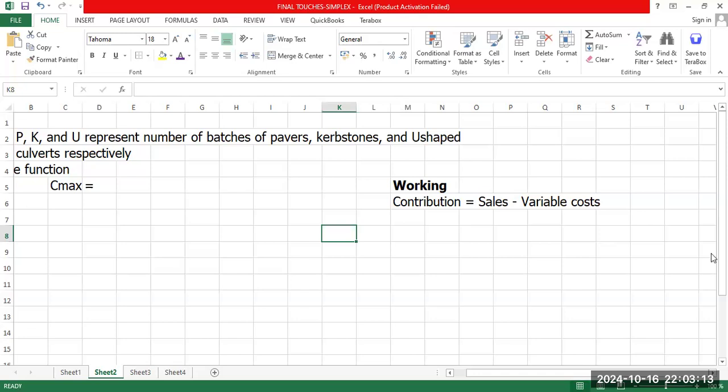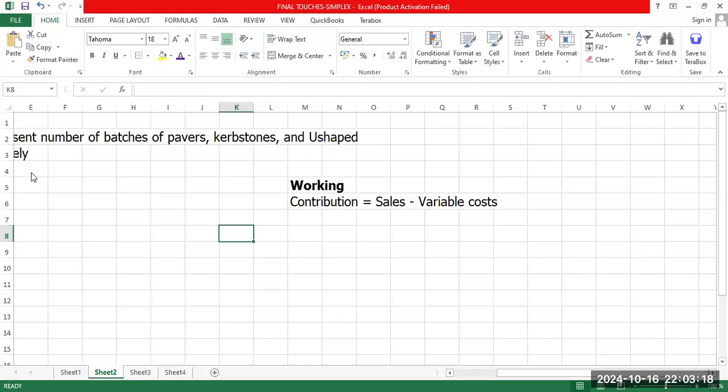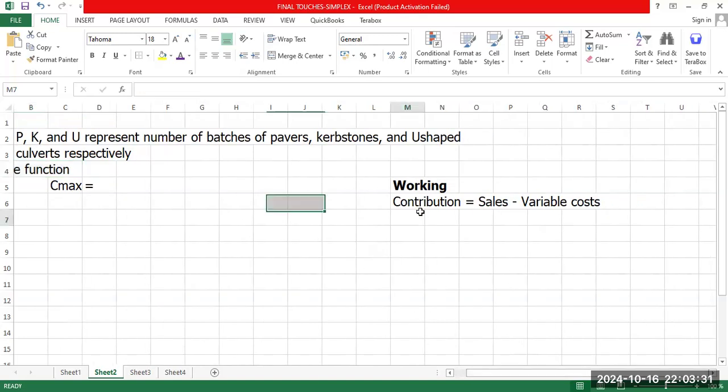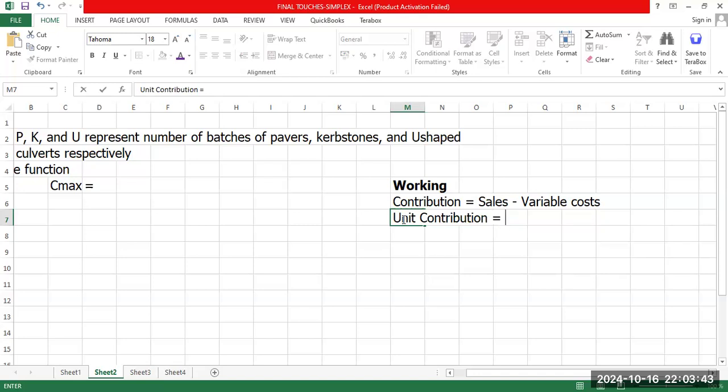When we are stating the objective function, we always base on per unit. So to make your life easier, you are trying to get unit contribution, which is the same as unit